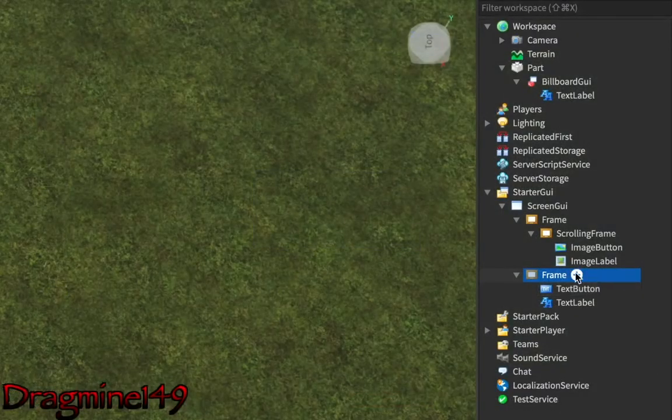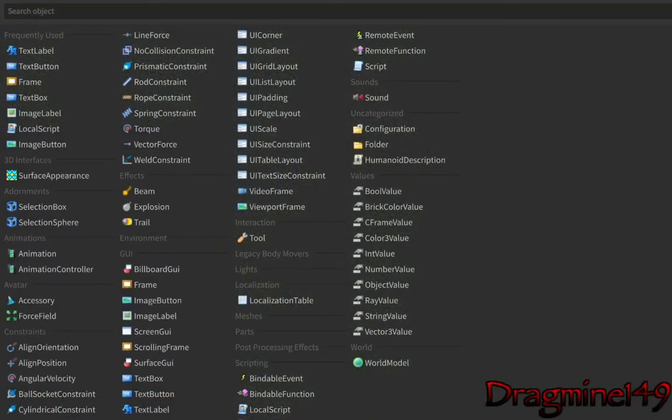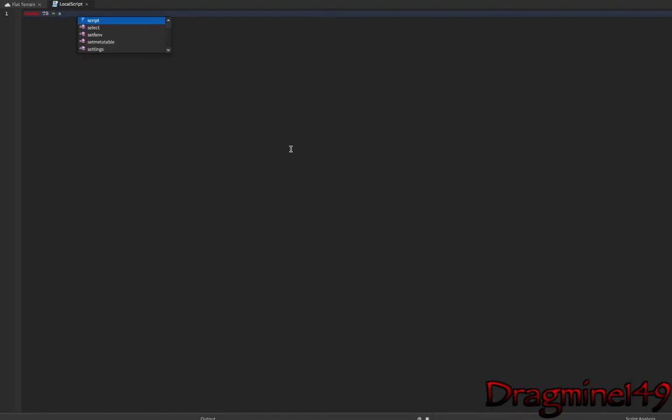A quick script for it to kill us. In our frame, we're going to add a local script, as this is in the StarterGui. The StarterGui automatically gets applied to the player, so we need a local script ready to run on the client. Then what we want to do is get rid of this first line. We want local tb for text button equals script.Parent.TextButton.